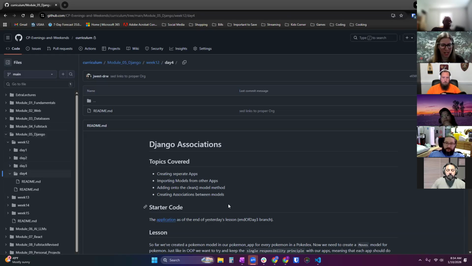We've learned, hopefully, how to start a project in Django and create a model, which is equivalent to a table in our database in Postgres. And then I think on Thursday, y'all started looking at validators to help with data integrity with our models.